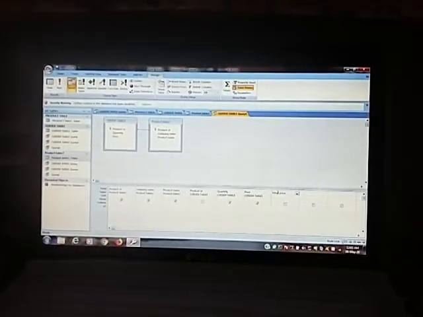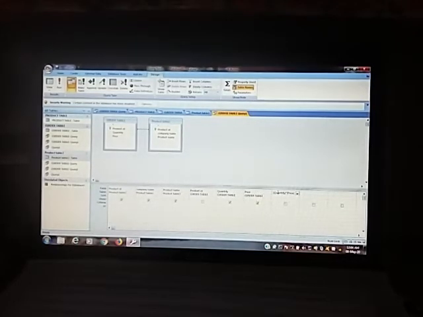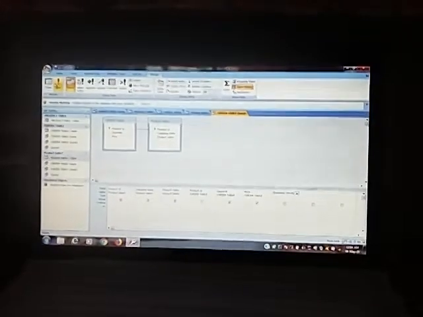Total price colon, open the bracket, write quantity, close the bracket, use the multiply sign, open the bracket, price and close the bracket. After that, click on the Run command.